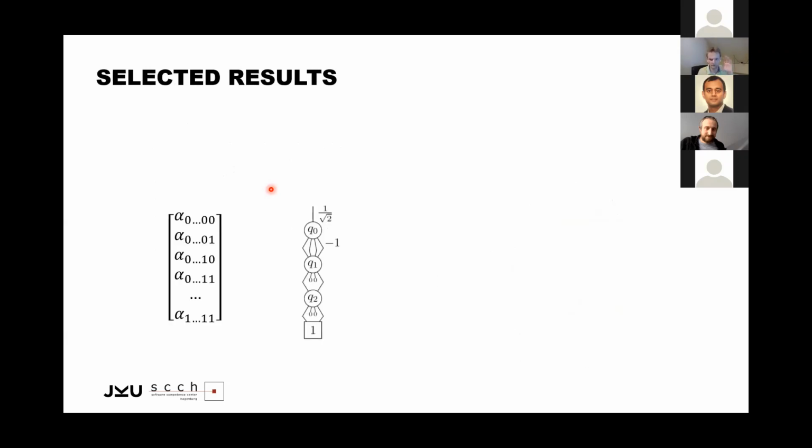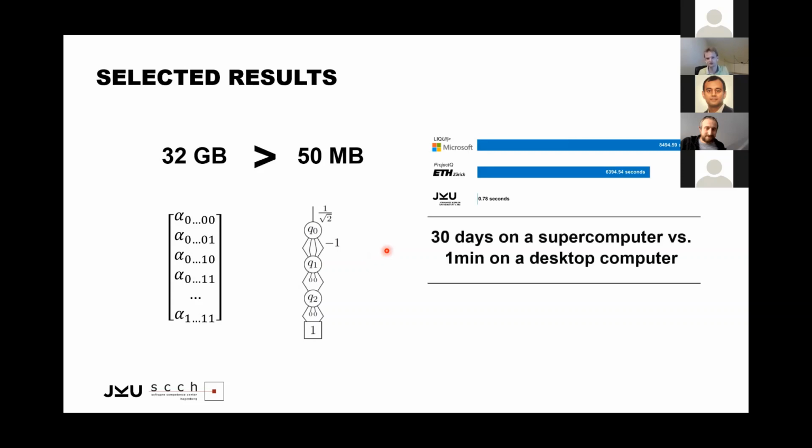I'm just very quickly showing what kind of impact this can have. In fact, we conducted some experiments, and as said, in many cases we are not able to have an improvement. Sometimes decision diagrams even get worse, but some selective results really show that a conventional simulator, which relies on a vector matrix representation, sometimes needs a huge amount of main memory, while with decision diagrams you just get a fraction of that. And for some selective results, we can actually solve problems substantially faster than with vector matrix representations.